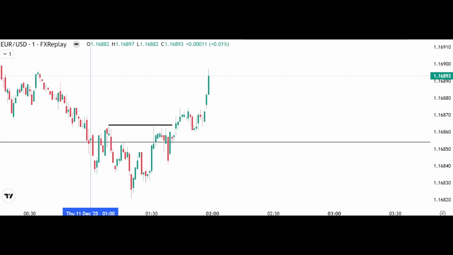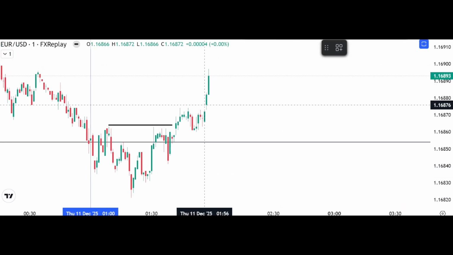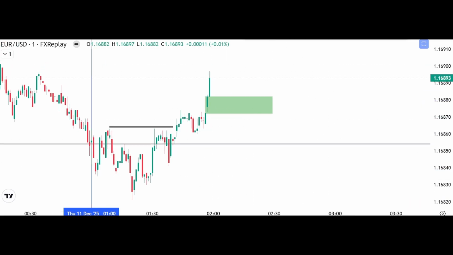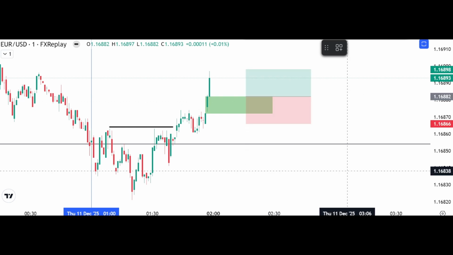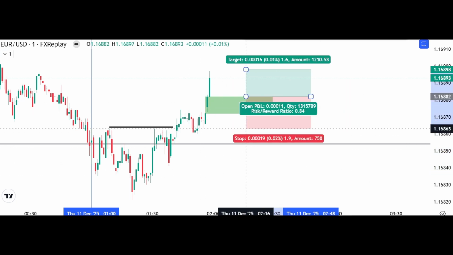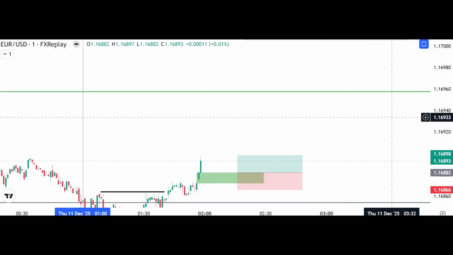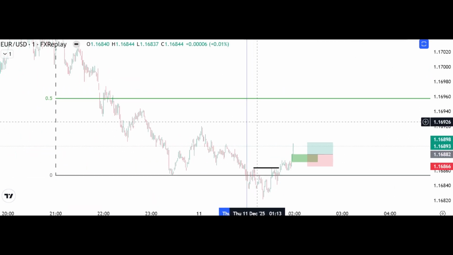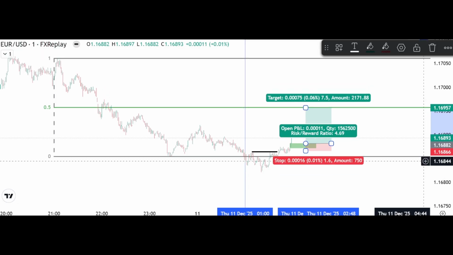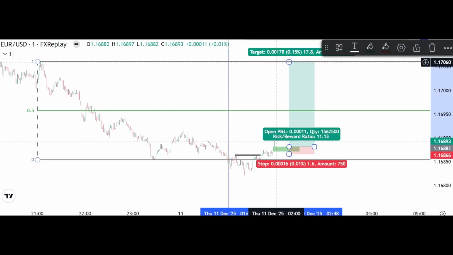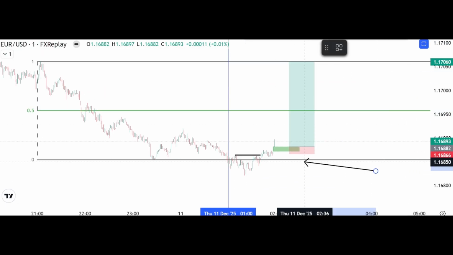As you can see, this is also a fair value gap. Gaps are simply imbalances or literal gaps, as you can see. Stop loss, the start of the imbalance or fair value gap. Now you can target the 50% of the candle, which is this line, or you can target the candle high, because as we talked about, every candle has a